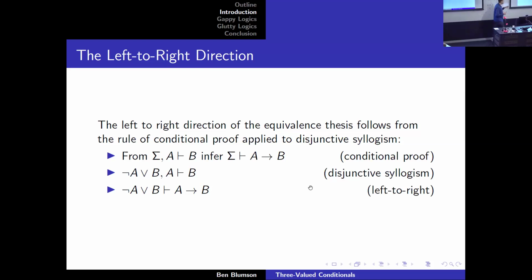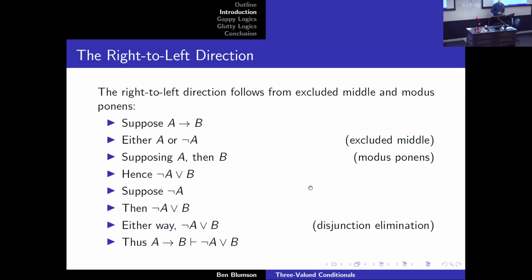This is the more controversial half of the equivalence thesis, I think, but I want to go through the argument for the other half as well. It relies mainly on excluded middle and modus ponens. So we want to show that if A then B is true, then not A or B is true. Well, suppose if A then B is true, then from excluded middle, either A is true or not A is true. But if it's A that is true, then we get B by modus ponens